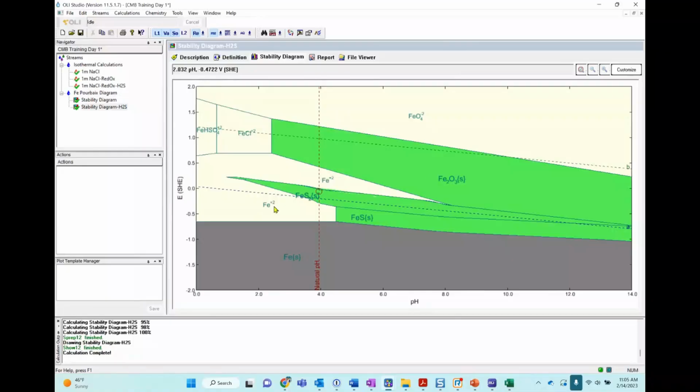Corrosion, on the other hand: you don't want the metallic iron or the element to be in the aqueous phase, in the ionic phase, because that means that you are corroding it. You want it either in an oxide or a sulfide or a carbonate or in the elemental state. So you don't want it in the ionic state. You don't want it in the form of a cation, because that is corroding it. Hope that answered your question. Yeah, that's fine. Yeah, that's good.